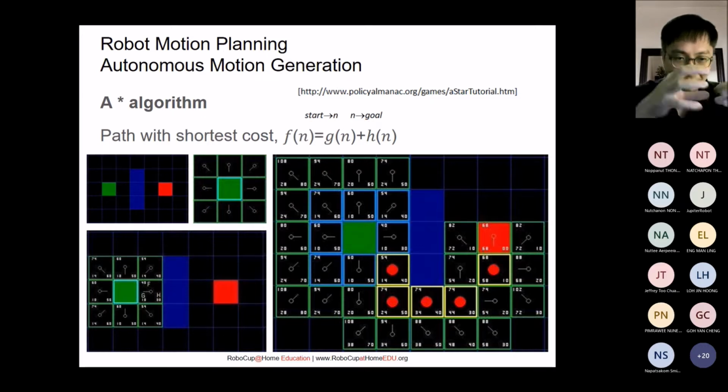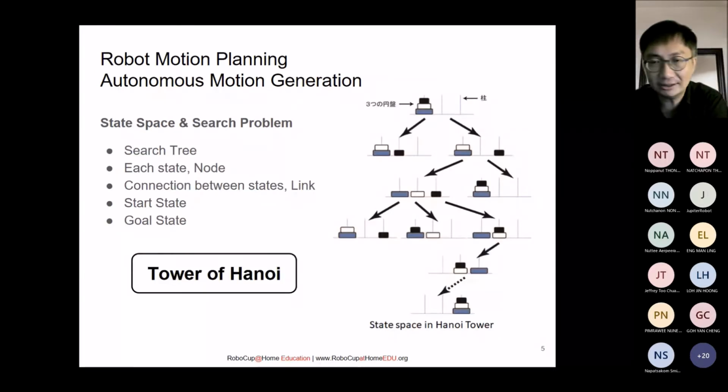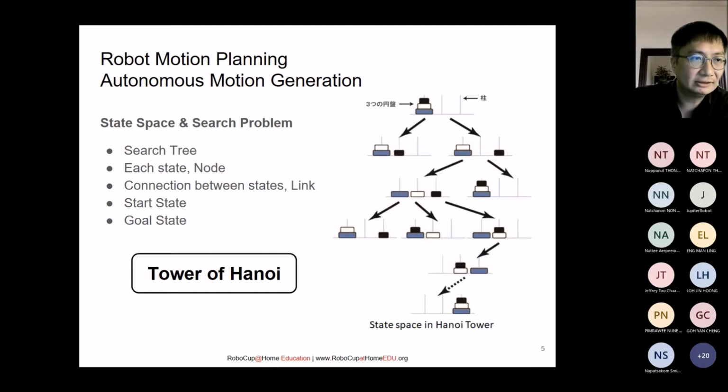You move this, and then from this state, you move another one, and so on. So it's a step: first step, second step, and third step. In order to visualize this step, I would like to show you what we call the Tower of Hanoi or Hanoi Tower. This is a very famous mathematical algorithm example to explain state space